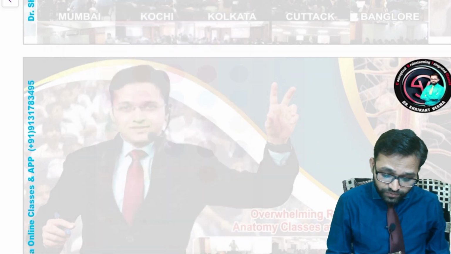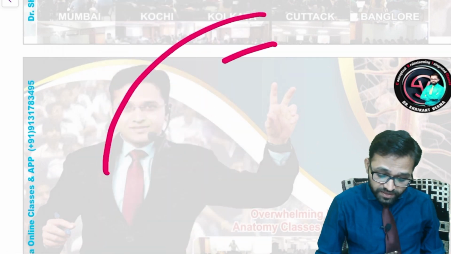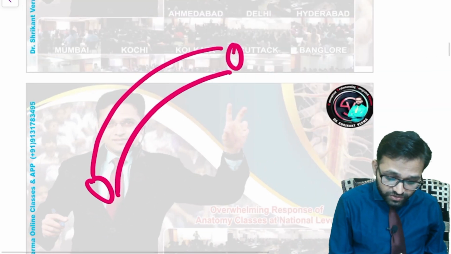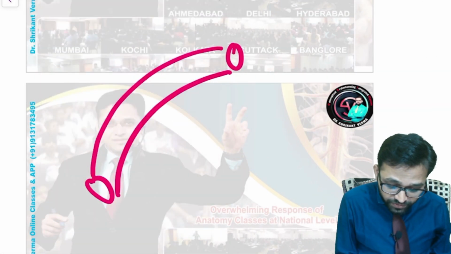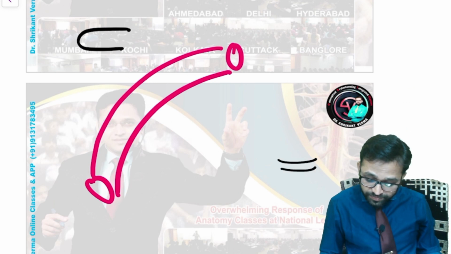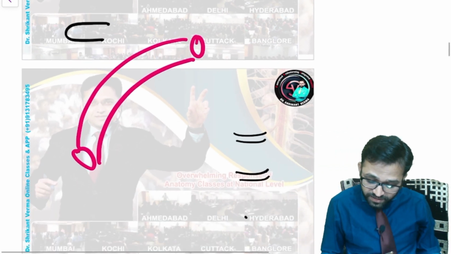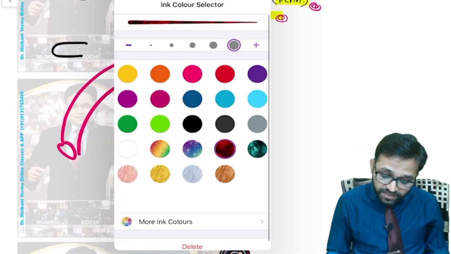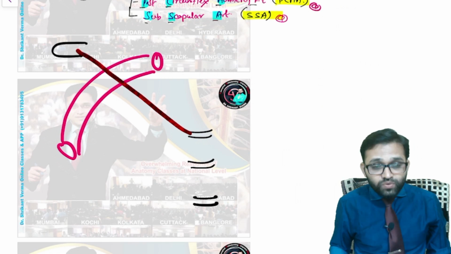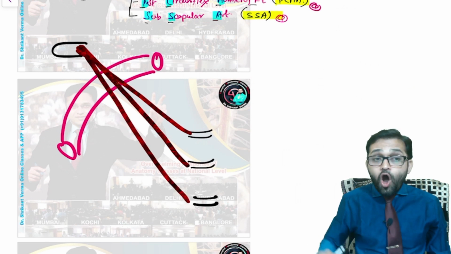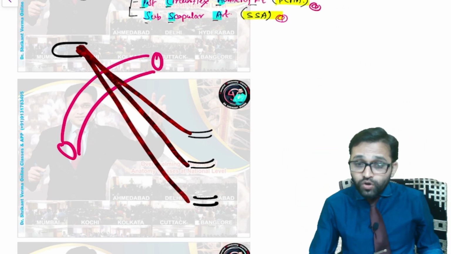Okay, so I am going to make a diagrammatic presentation, just a quick diagram. Suppose this is our axillary artery, and you can see here our coracoid process, and here is our third rib, fourth rib, and then here is our fifth rib. Third rib is giving origin to the muscle pectoralis minor, fourth rib is giving origin, and the fifth rib is giving origin. These all are getting insertion into our coracoid process.